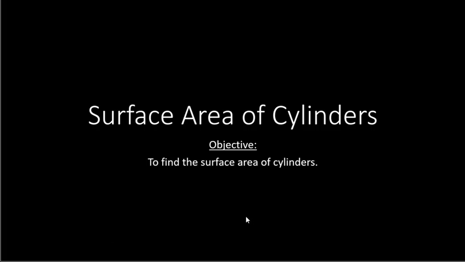In this video, you will learn how to find the surface area of cylinders. Now, to understand this lesson, you first must understand how to find the circumference of a circle and the area of a circle, and you also must know how to find the lateral area and total area of a prism. So assuming we know that, we can jump into this lesson where we are trying to find the surface area